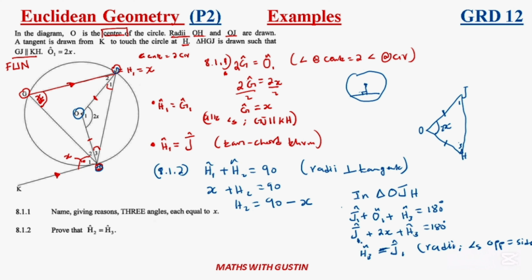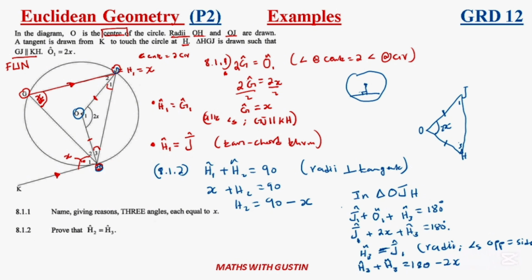So therefore now I can just put H3 where there's J1, so it's going to be H3 plus another H3, then I take 2x to the other side, is going to be 180 minus